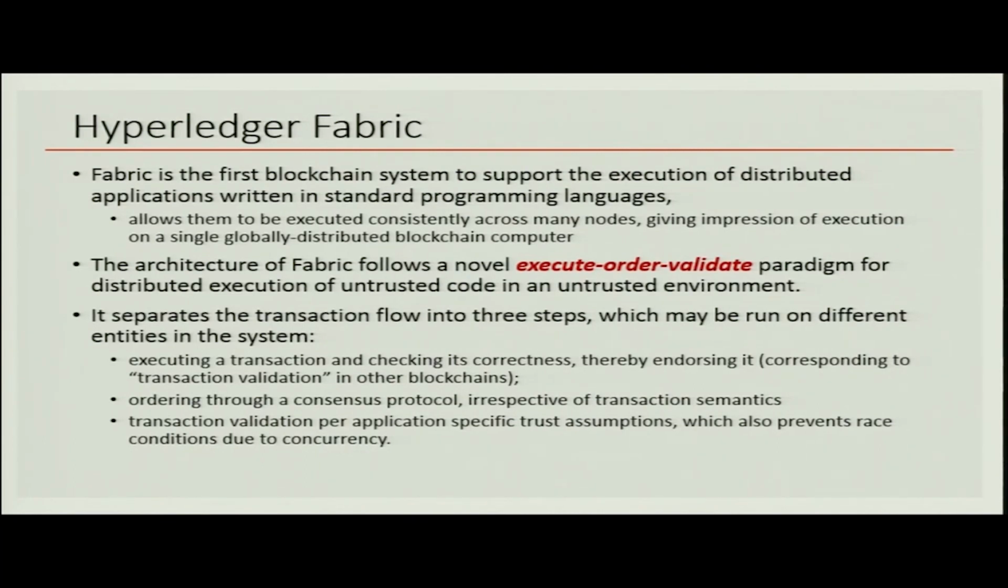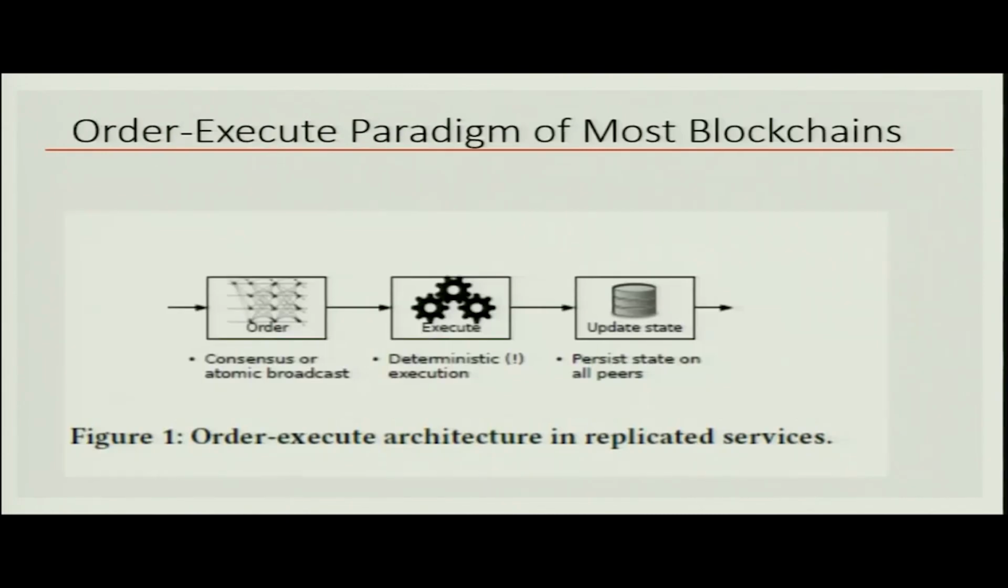So, that is what the execute, order, validate paradigm means. Going back pictorially, if you want to see what this order execute paradigm is, first a consensus happens. So, everybody gets broadcasted all the transactions. I am talking about Bitcoin, Ethereum, etc. Everybody gets a copy of any transaction that happens, then they will bunch some of these transactions together and